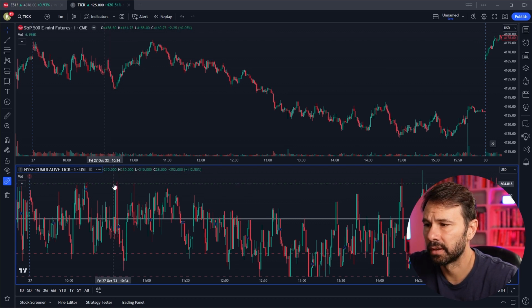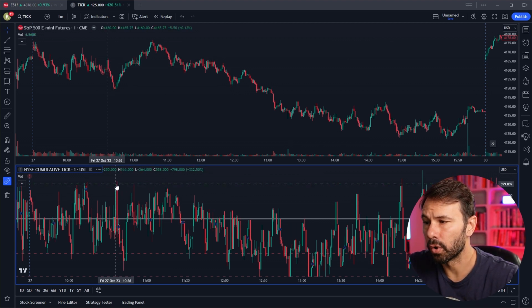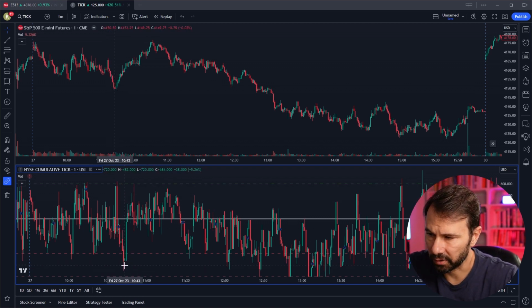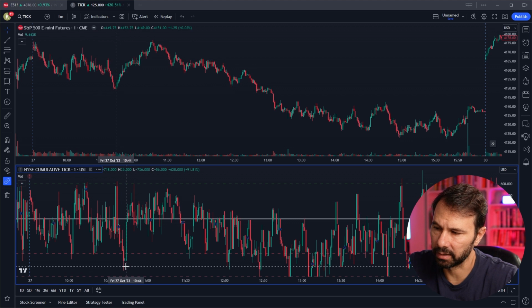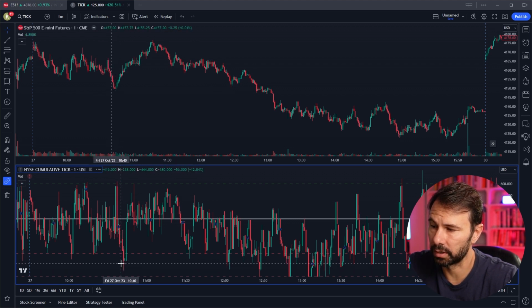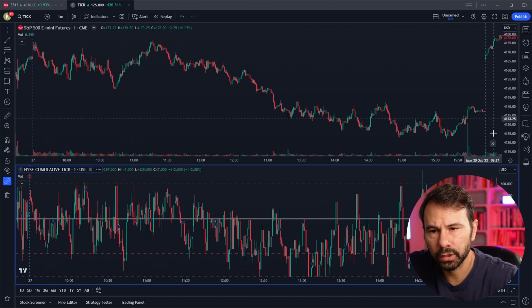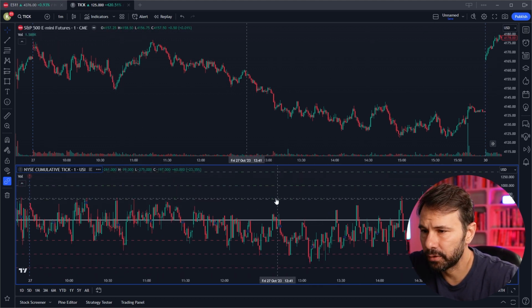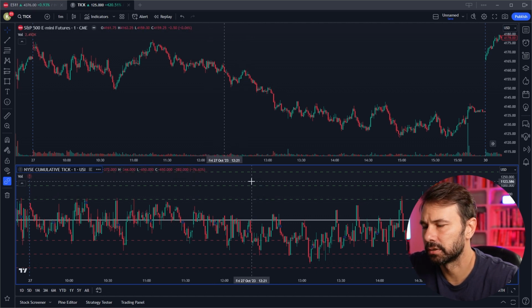600. That means that 600 more stocks were being bought or trading in an uptick. And in this case here, minus 800, that means that the majority of the stocks were trading on a downtick. Okay. So, I do have the zero line, and I have a few other lines that help me gauge